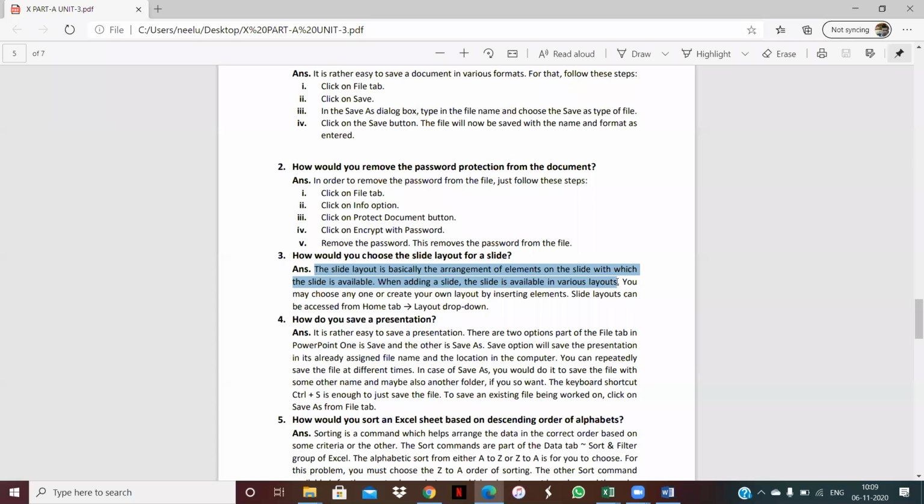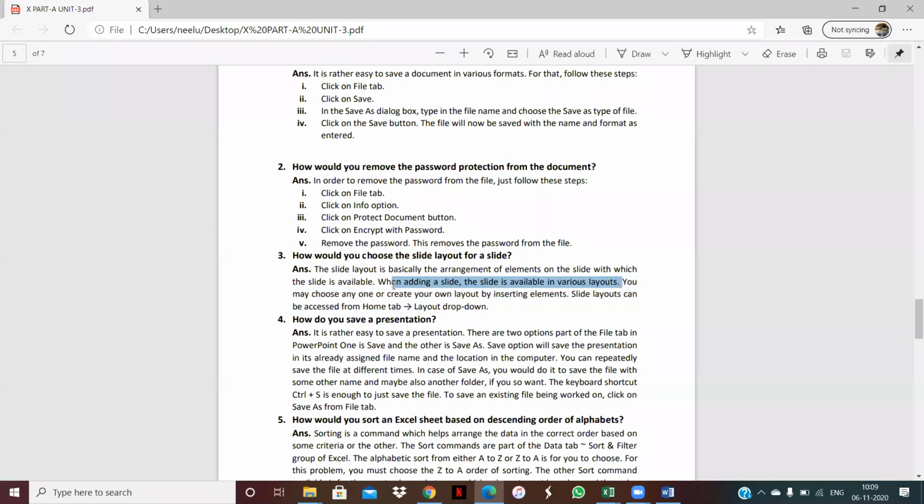Suppose you want to write only a title, then you select the Title Only layout. If you want to compare two things, then you will use the Comparison layout. If you want to set a title as well as one image and then text, then you will select that layout. It totally depends on what kind of content you want to write in your slide.